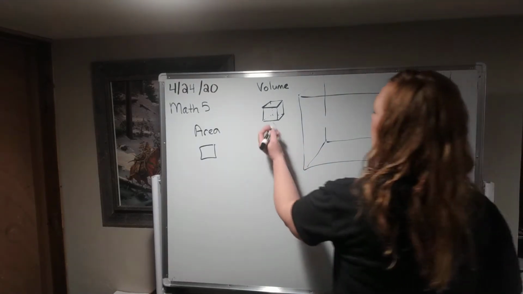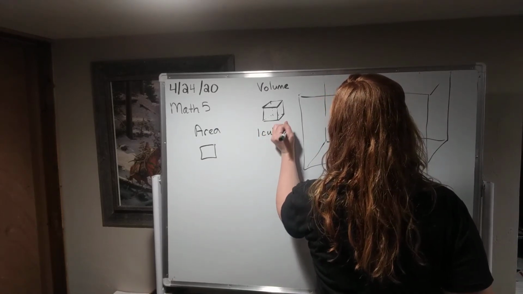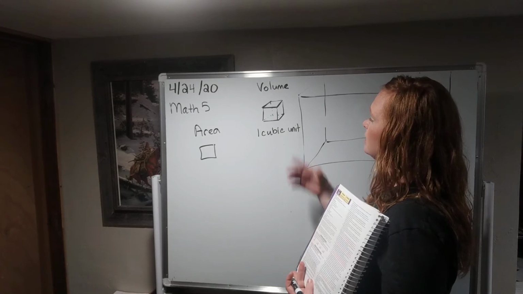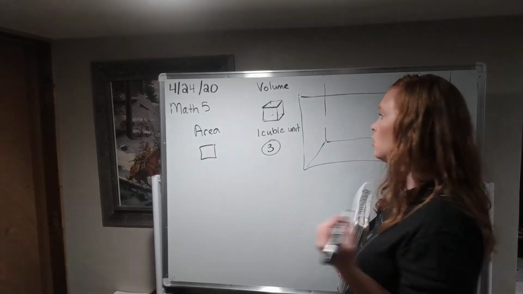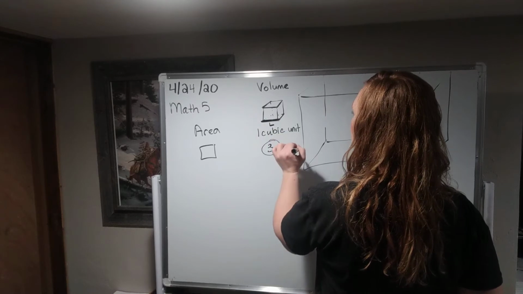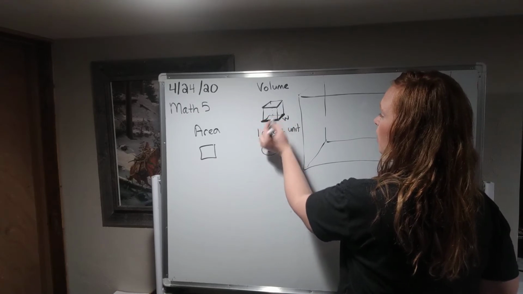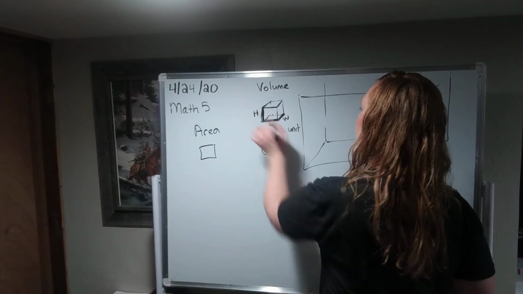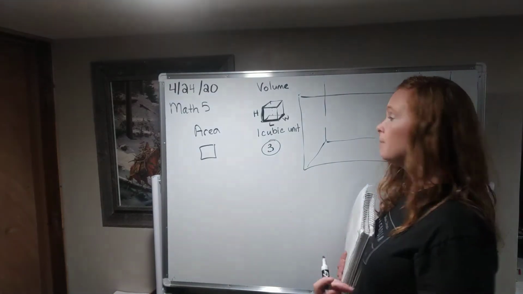Now this is going to be 1 cubic unit, okay? Or we would say 1 square unit here. And this is cubic, and cubic actually means 3. And the reason we're using cubic is because we have some different shapes. We have a length, we have a width. If you notice that square on the bottom, we have a length and a width, and then we also have a height. So we have 3 measurements that we need to use,